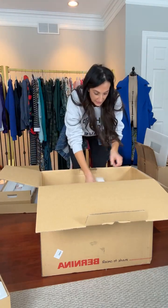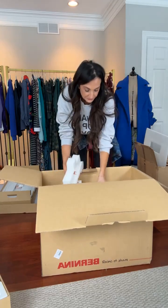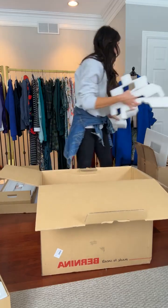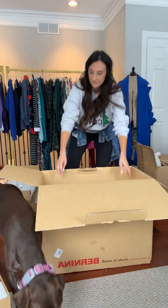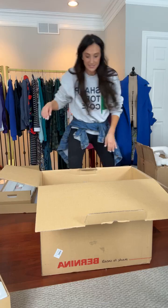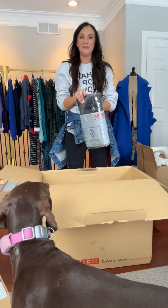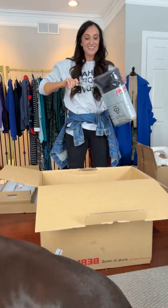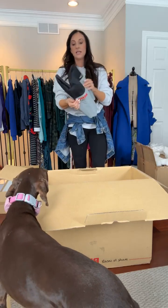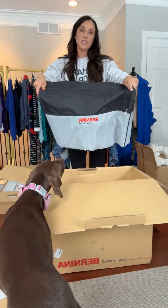Okay, the next portion looks like it's the actual machine. This looks really heavy. Okay, first before I pull that out, because I don't know if I have the strength to do that. Here's another little case to go over it. Again, like I said, I don't typically use cases, but it is really good to have if you travel or if you are scared of things spilling on your machine. It's great to always have